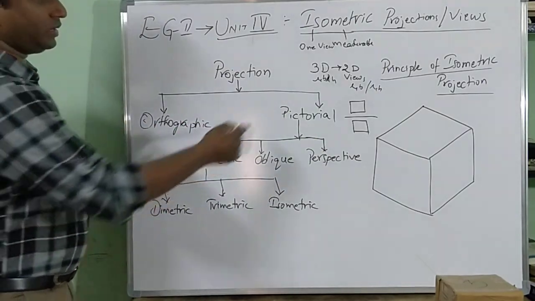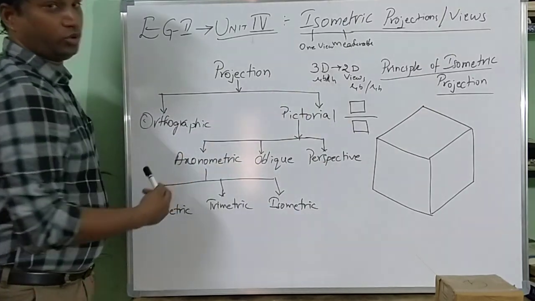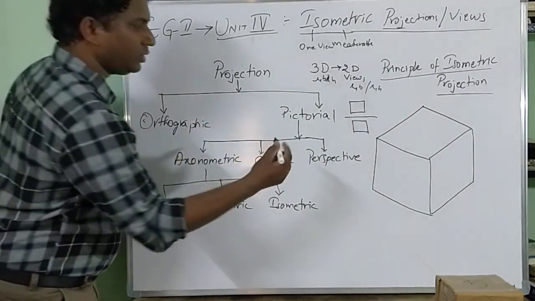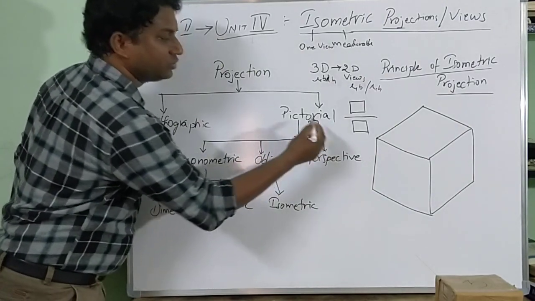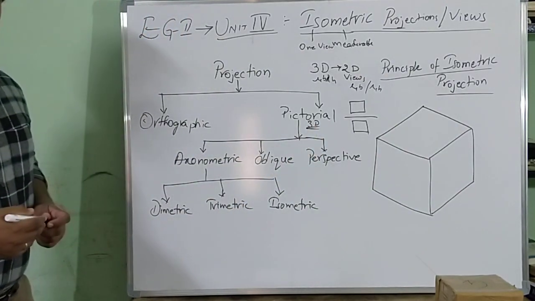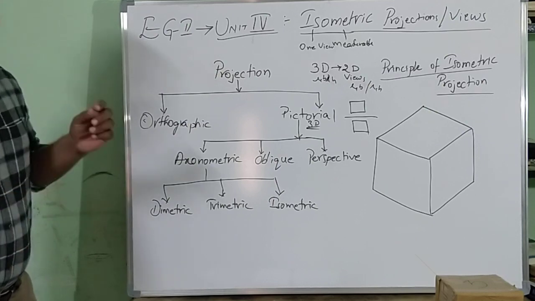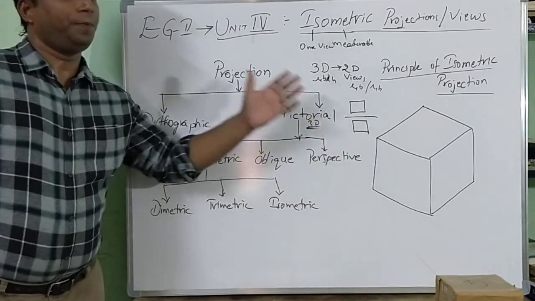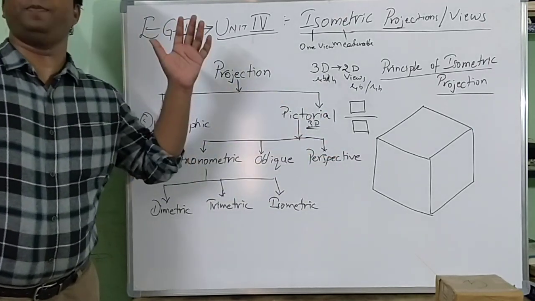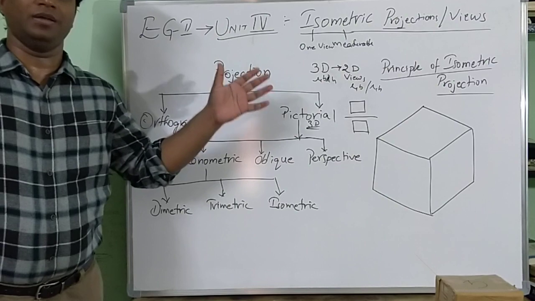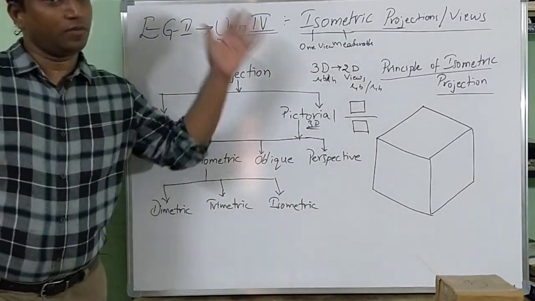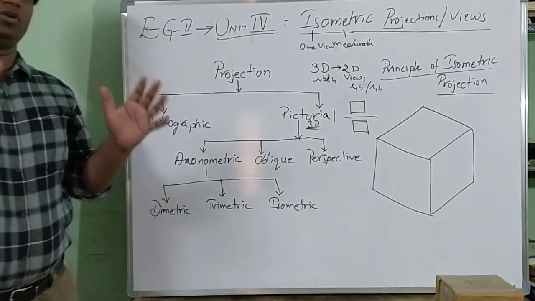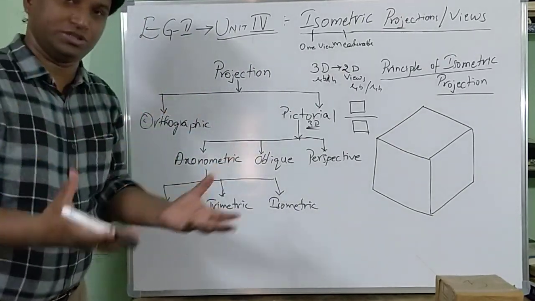Orthographic is the conversion of three-dimensional to two-dimensional. You all know this, we already discussed it. Pictorial views are three-dimensional views. The picture you see on a plain paper, a plain board, a wall poster, a plain cinema screen or a flex displayed outside are all pictorial views. Pictorial views show a three-dimensional thing.